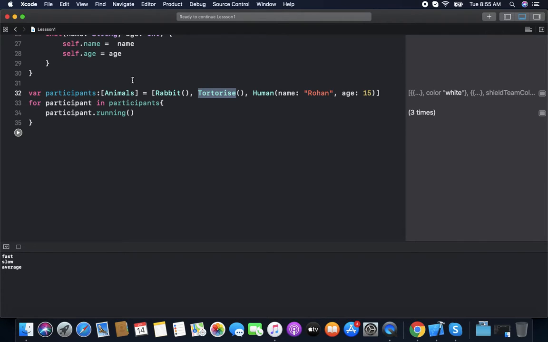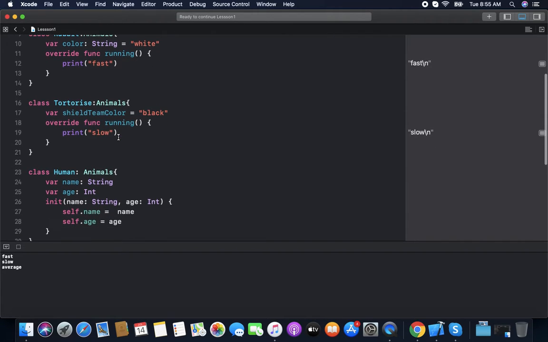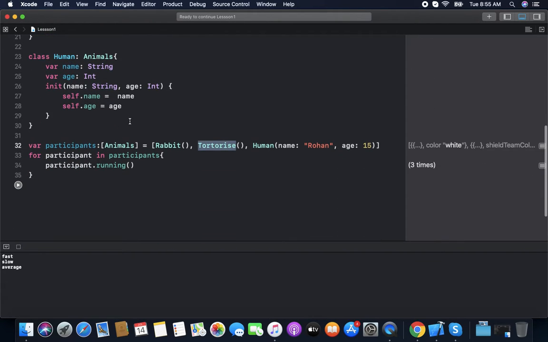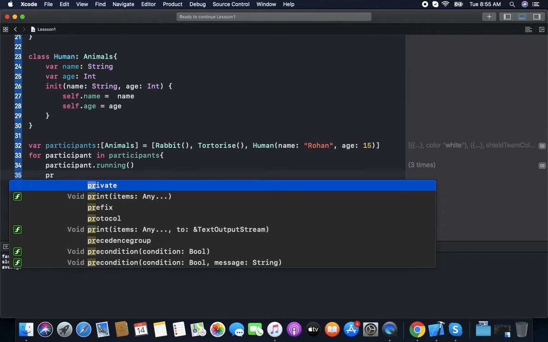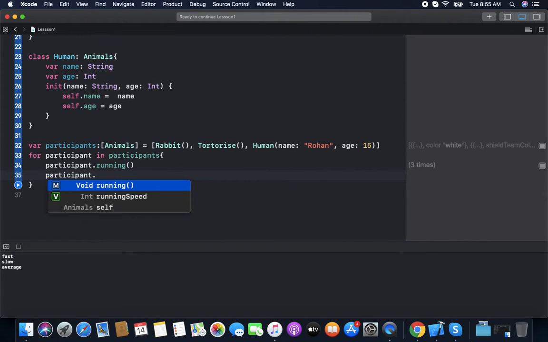Now, if we want to print basic properties like color, shield team color, or name and age, and we try to access these things with participant dot, you can have running speed, but you do not have anything like a name. For this, we need to downcast the variable.